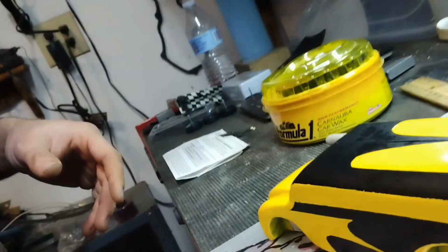Something I should do every time I do these things, and I forget, is put a coat of wax on it as soon as I'm done, because it never fails. I get to holding it, and it takes a day or so for the paint to fully dry, so I end up leaving these little grubby fingerprints in the paint. But oh well. We put some wax on it, it helps hide my little grubby fingerprints, and